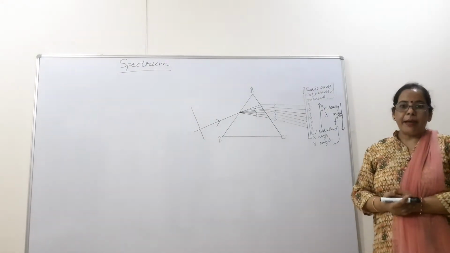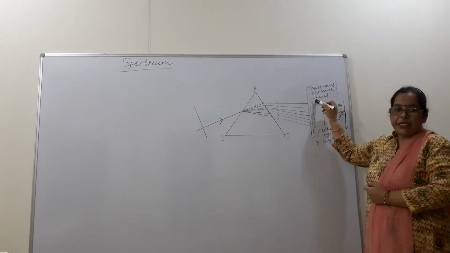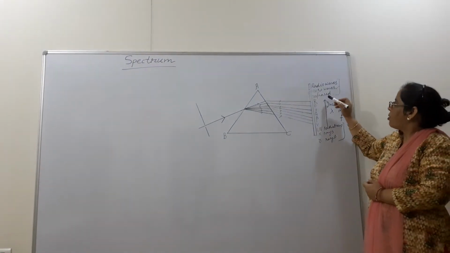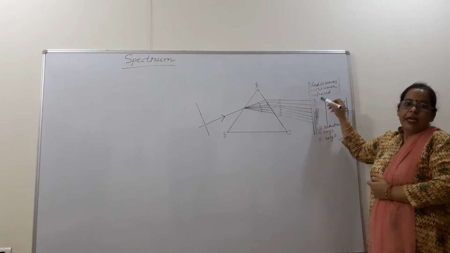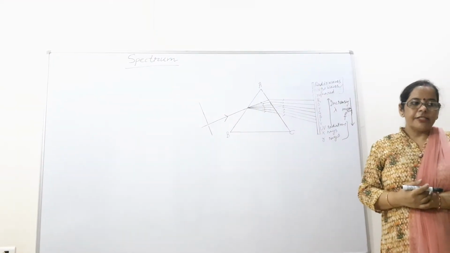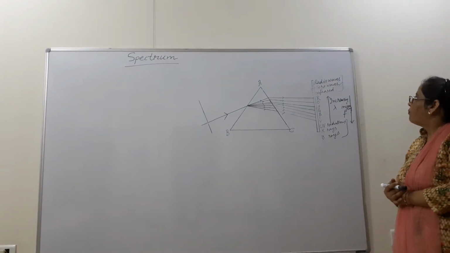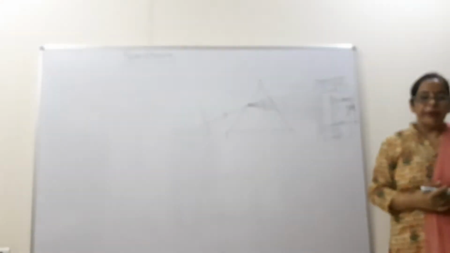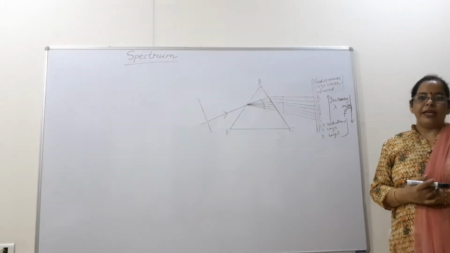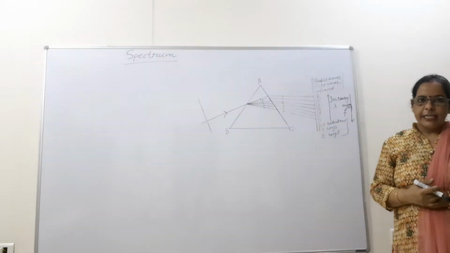Now why was that rise in temperature there? It means there were some heat radiations which raised the temperature of the blackened bulb, and because these radiations are coming after the red end, he named them infrared radiations. And this spectrum can be detected with the help of a rock salt prism. It cannot be detected with ordinary glass, because ordinary glass will absorb these rays. But if we use the rock salt prism, it will form a spectrum.